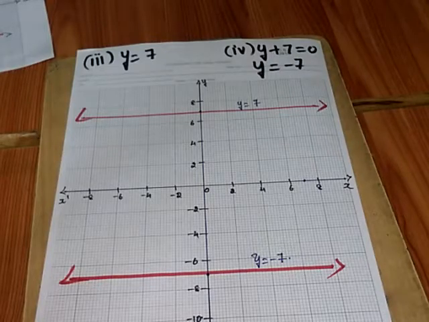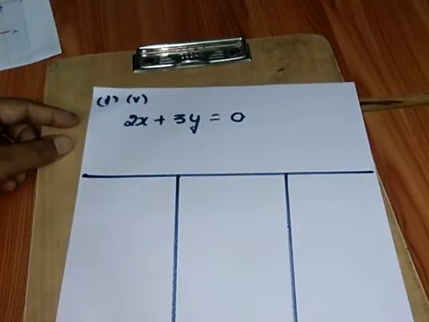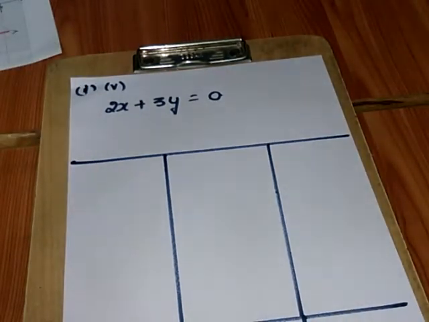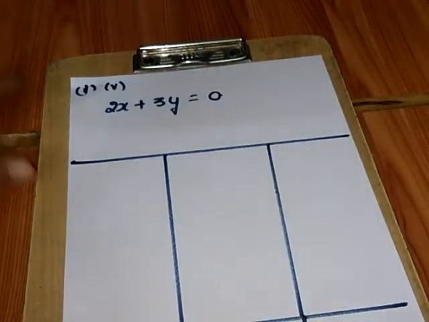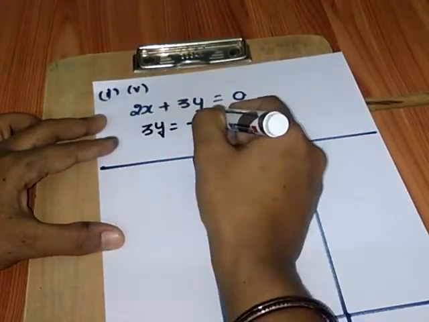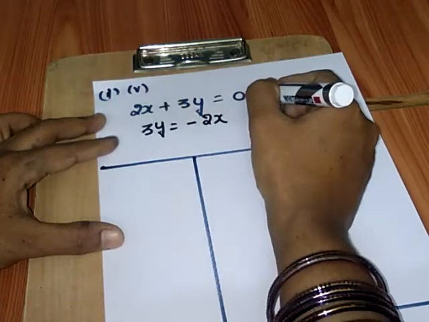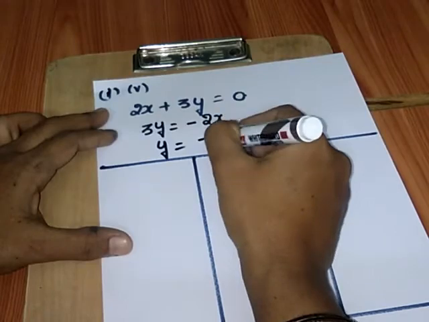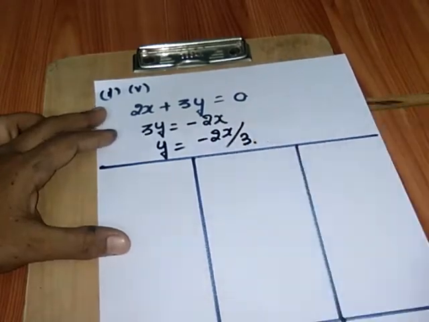Let us move on to question number 5. Question number 5 is, the given equation is 2x plus 3y is equal to 0. Recall the steps, children. When we have the equation with 2 variables, what we need to do? The first step is to rewrite the equation for the given variable y. So let me rewrite. That is 3y is equal to minus 2x. As you have 0 here, 0 minus 2x is minus 2x. Value of y is minus 2x by 3.